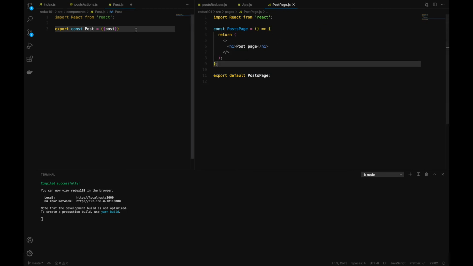We haven't passed any yet, but we will pass our props from there surely. So inside here we can have some div for now, and then inside here we can have an h2 where we will have this post.title,